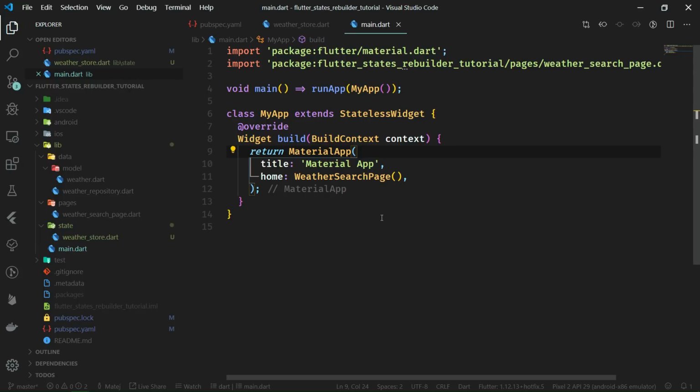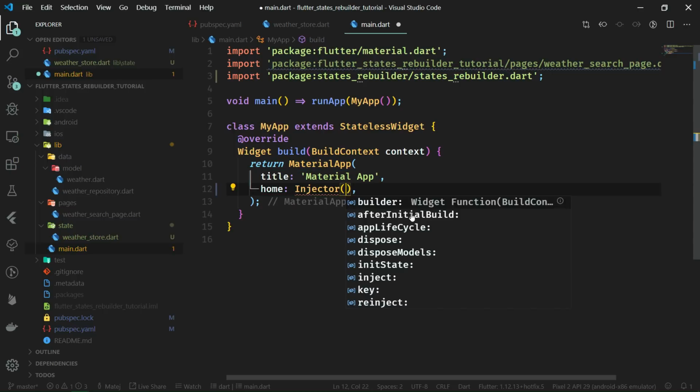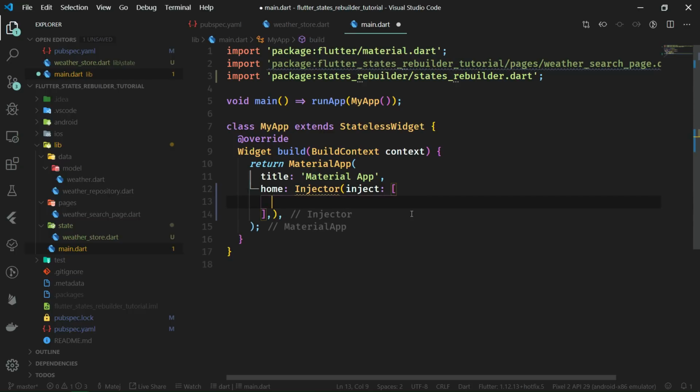However, States Rebuilder works in a different way, which is more similar to how GetIt works. States Rebuilder utilizes the service locator pattern. The class which can inject dependencies with States Rebuilder is called Injector, and it is a simple stateful widget which you put regularly into your widget tree, so Injector. Let's import it from States Rebuilder, and it takes in an inject list, which is a list of injectables, and we are just going to inject something by saying Inject, which is a class, and this class needs to take in a type parameter,